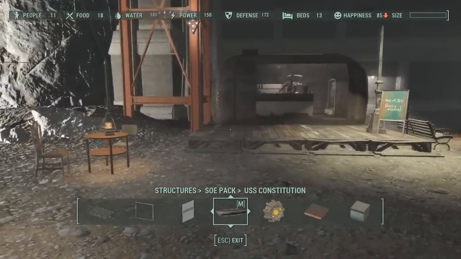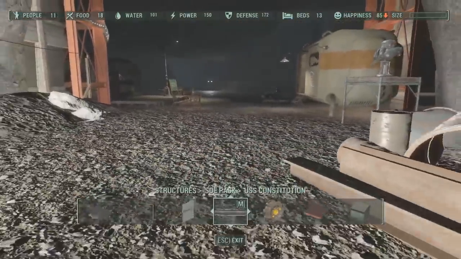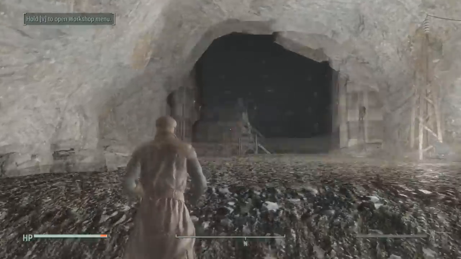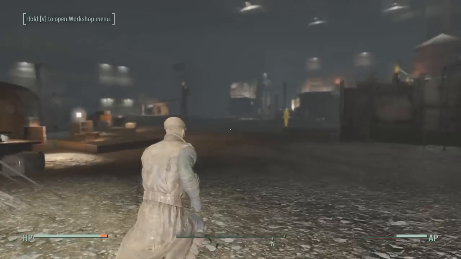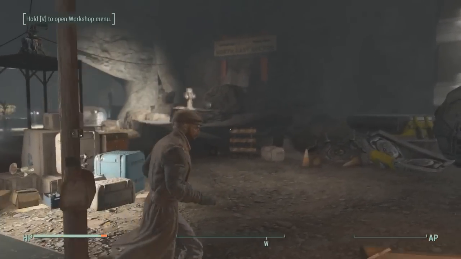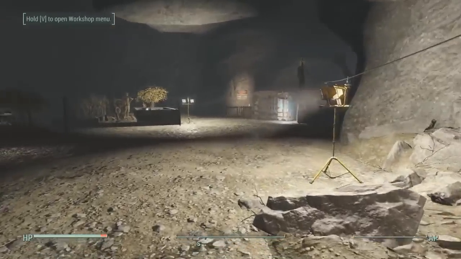It's a lot to think about, you know what I'm saying? So this can just be like a lead-in area, which is totally fine. But then off in the other direction, I think is more promising. I'm going to even exit workshop mode right now and show you what I mean. I think down that way is more promising. Once we get down over yonder...